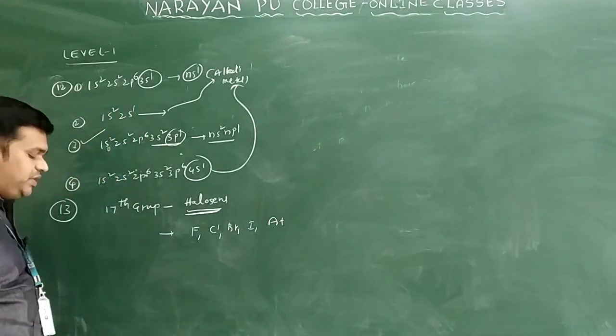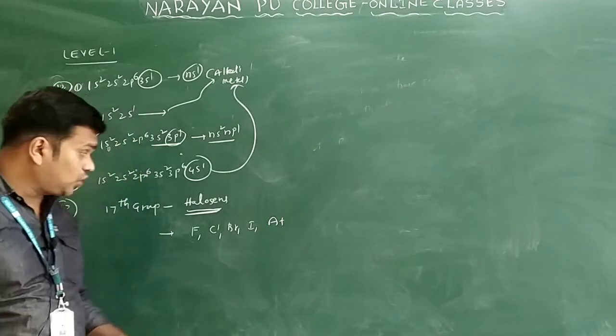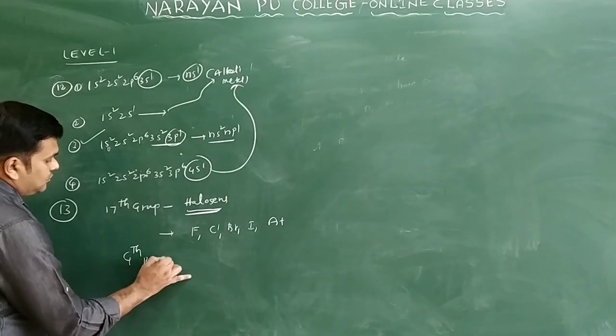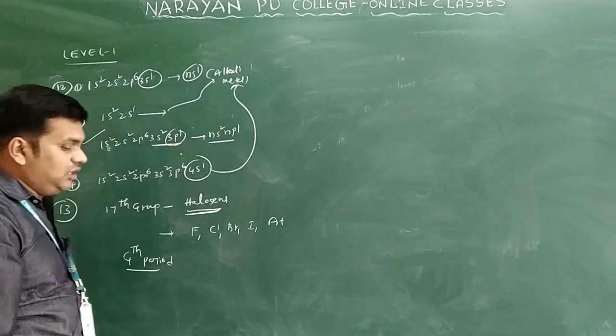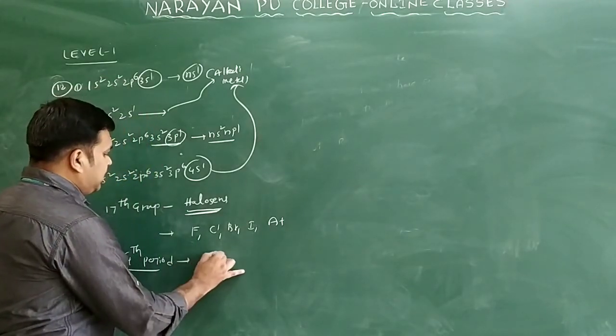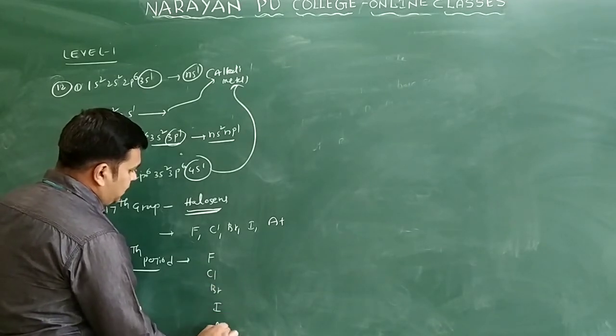So they ask about the 17th group. And one more thing they are telling is the period: the 4th period element only. The 4th period element means the n value here is 4 only. So generally, if you write the elements fluorine, chlorine, bromine, iodine and astatine,